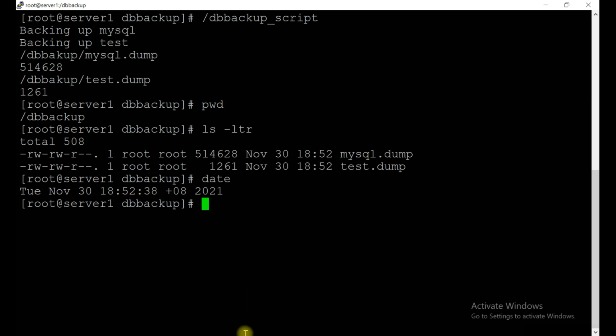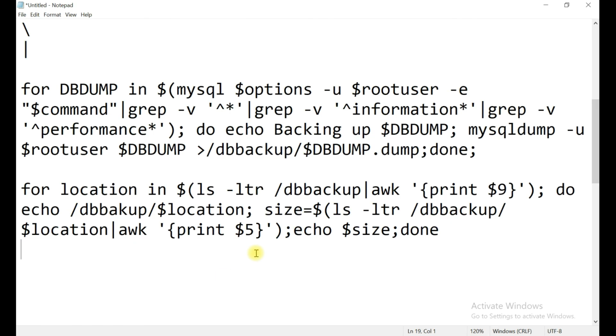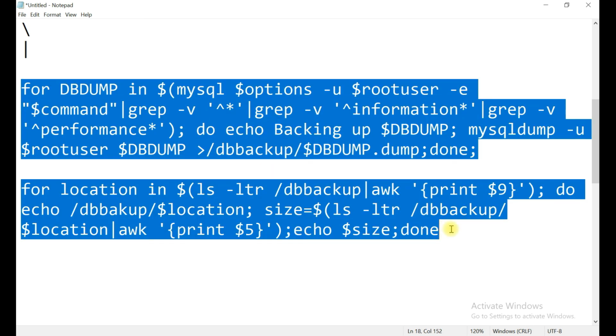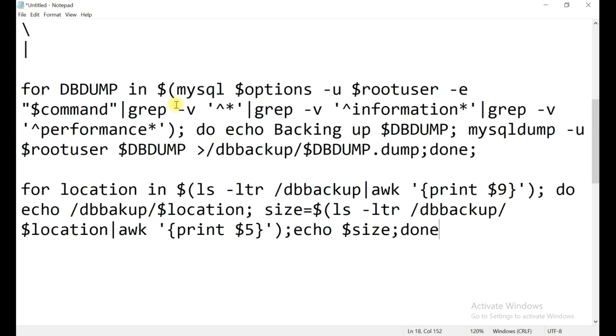So guys, as I told you before, even though this is very small scale, most of the things I have covered inside, like how to export the variables, for loop, grep command, echo command, how you can display the variables. Okay, and how the awk command runs. So if you become expert in this small script, definitely you will be able to create new big scripts also.